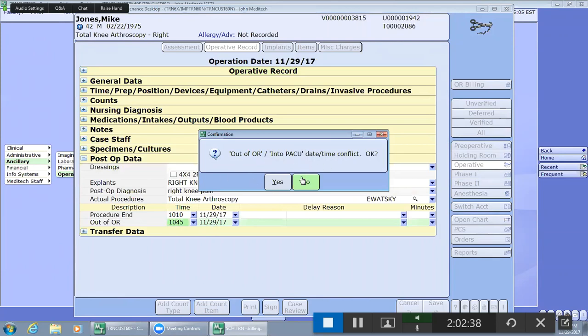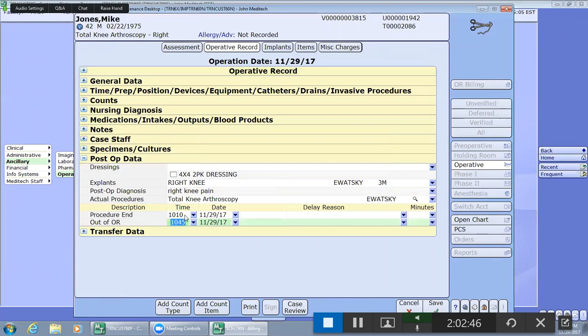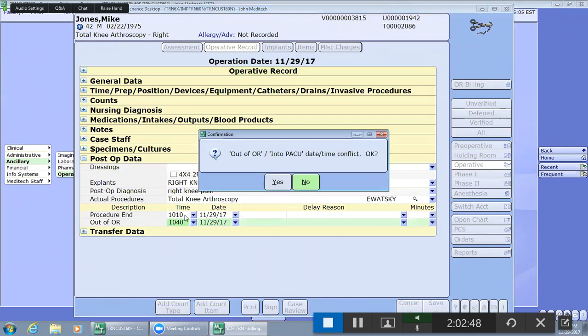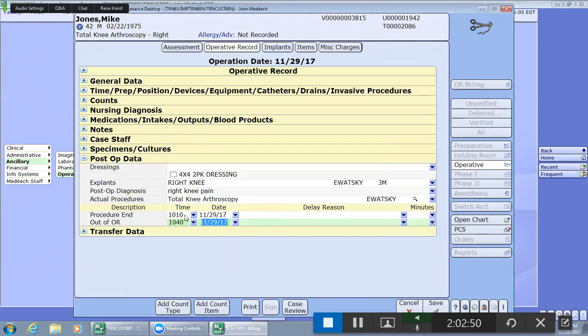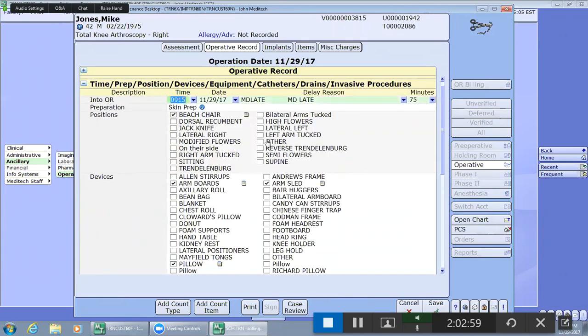So it's telling me that's out of order: you went into PACU before you left the OR. I think I probably had that at 10:30 as well. So to avoid that one, I'm just going to